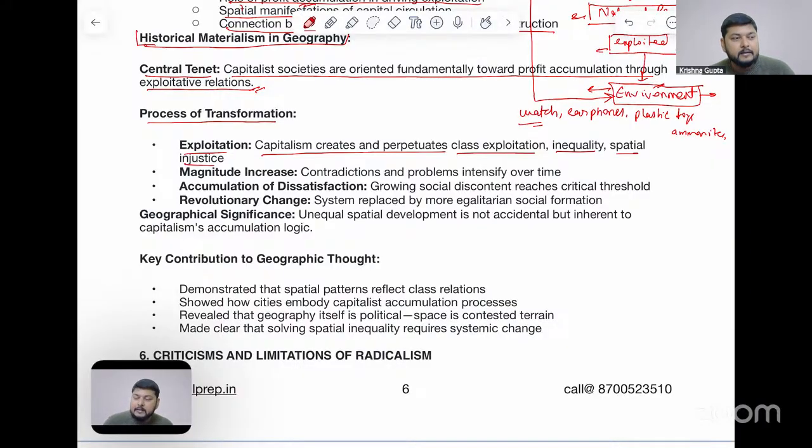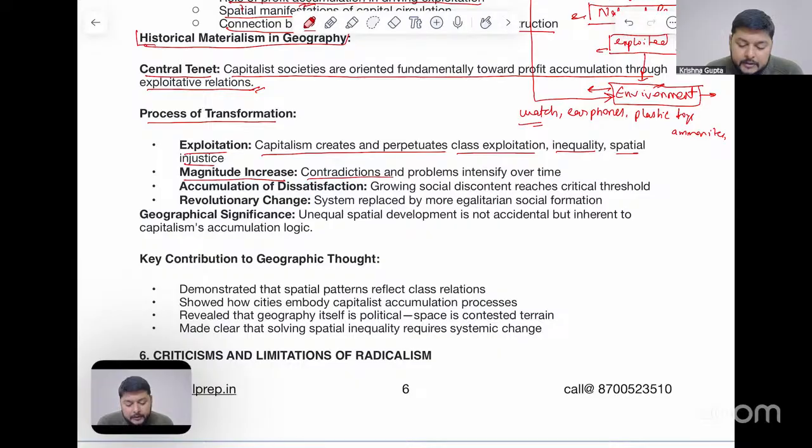For example, there is a certain product which is just 1000 rupees. Certain sections of people can easily buy that 1000 rupees merchandise, but a certain section of society who are not even earning 5000 to 10,000 rupees per month, it is something beyond their capability to buy in this particular setup. So this is an exploitation, but those people will be reminded again and again that you need to buy this, you need to buy this. So whenever they start earning more, it will be the first thing they will be buying, that is already present in their mind first. Then magnitude increase.